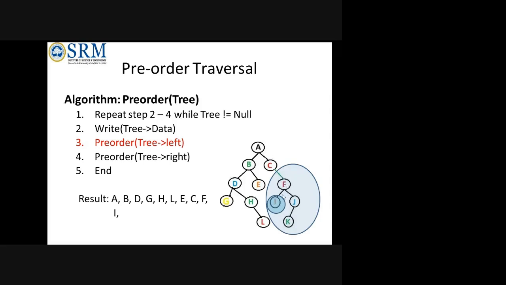It will return. When it returns, it will print actually. I will be printed. Now F will have a right node, so J will be taken. When J is taken, it will find out whether there is a left and right. So it has a left, K. So this is what your